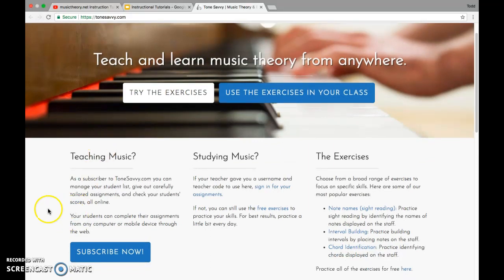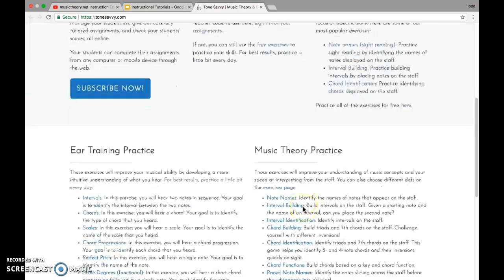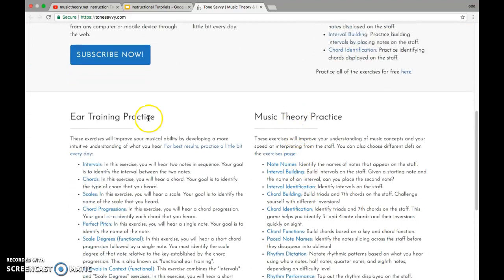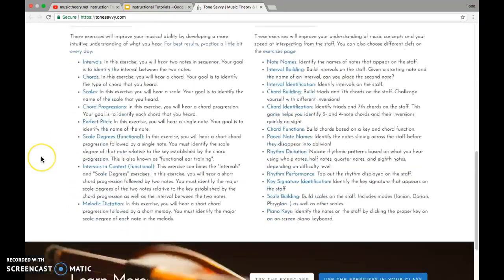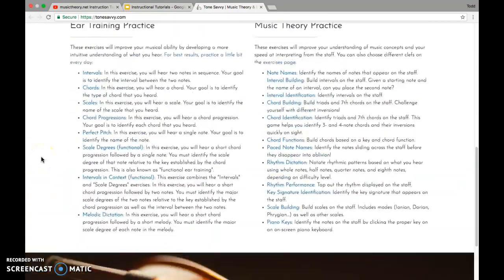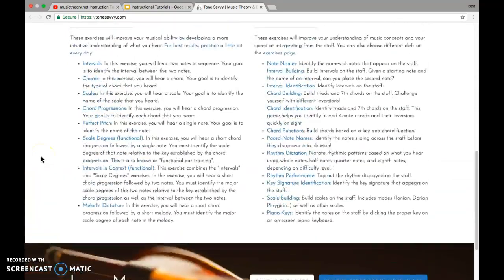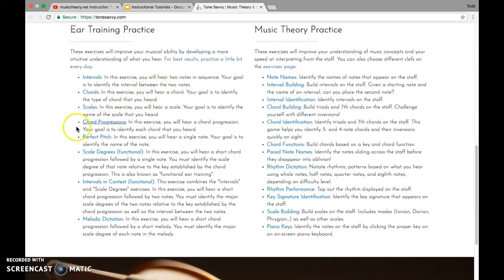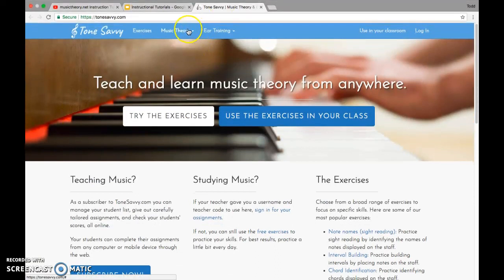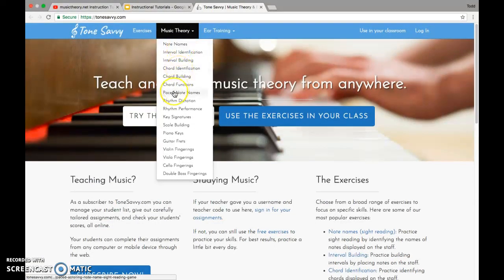On the teaching music side, that does cost, but if you're studying, they have free exercises, and that's what we'll look at. The different music theory practice, ear training practice, and different exercises that you can learn with and click on to figure out and learn what you want to find out. Music theory, kind of like that one website that we've looked at, but we can jump in here and look at note names